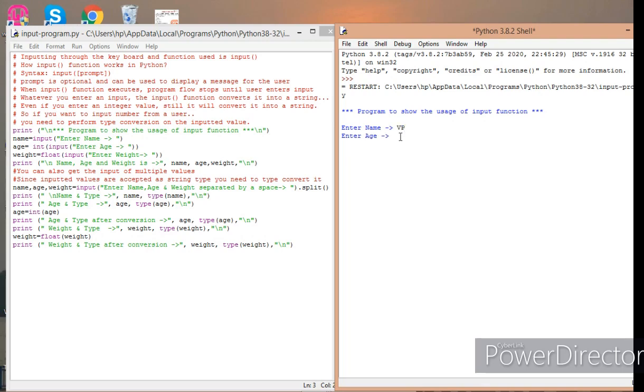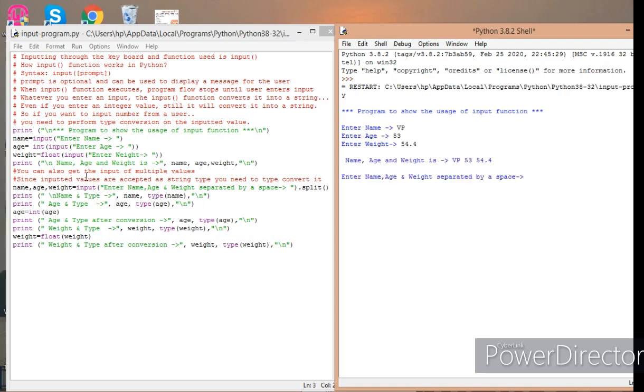I'll enter. Now it is asking me to enter the age. So I'll say 53, and it is asking me to enter the weight. So I'll say 54.4.